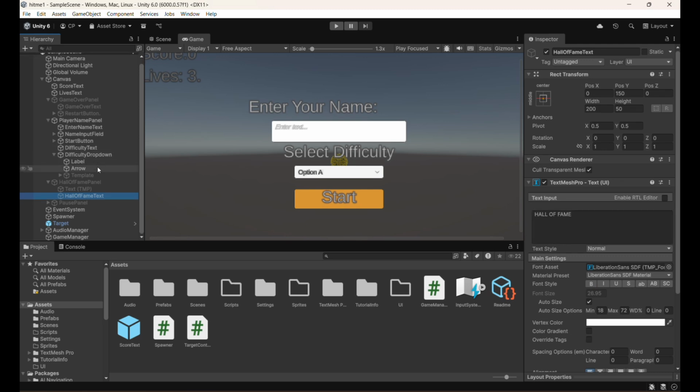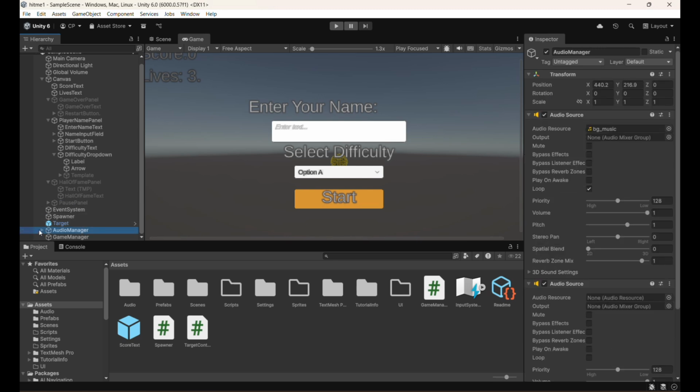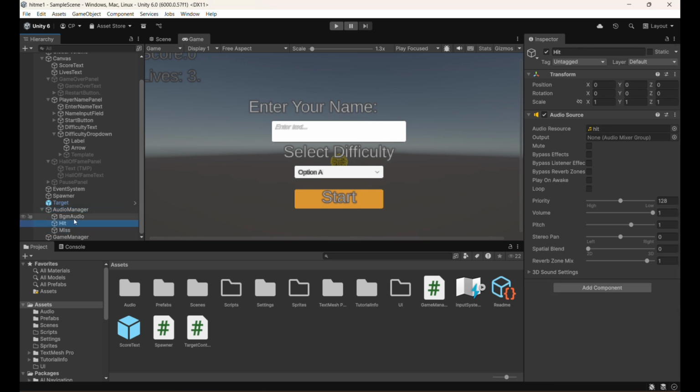Next is phase 4, advanced features. Phase 4 added audio, pause, resume, and exit functionality. I created an audio manager game object with multiple audio sources, one for background music looping continuously, another for sound effects playing when the player hits or misses a target. Here, you can hear the hit sound when I click the target